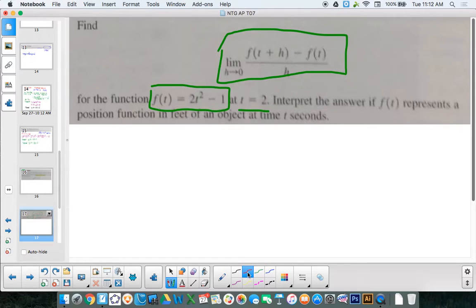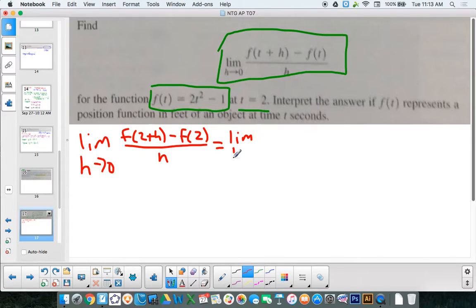So when we do this, t equals 2 will have the limit as h approaches 0 of f of 2 plus h minus f of 2 over h equals